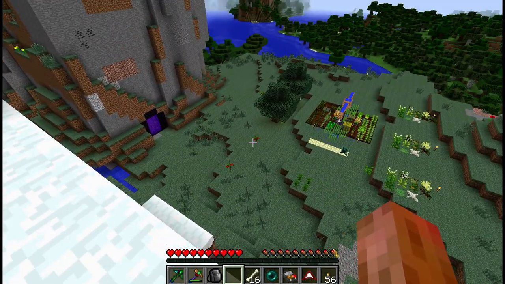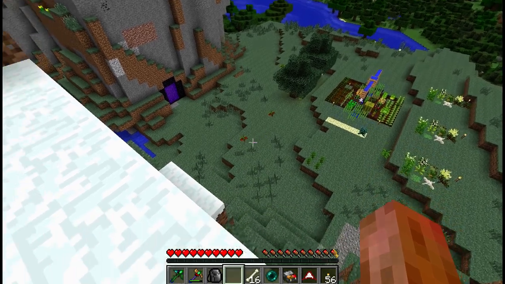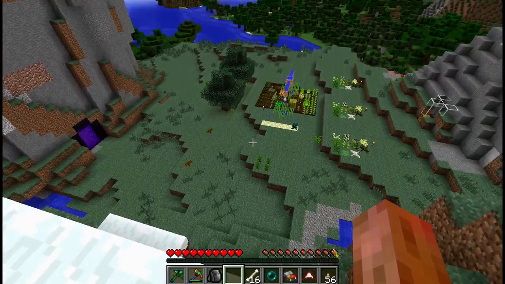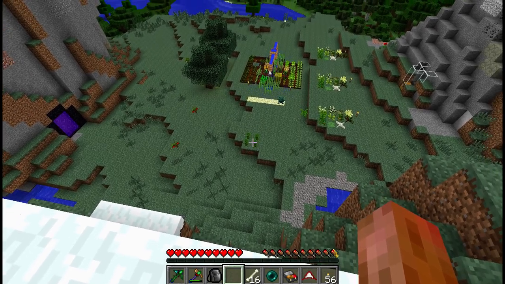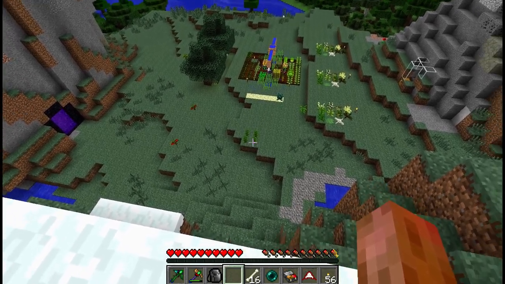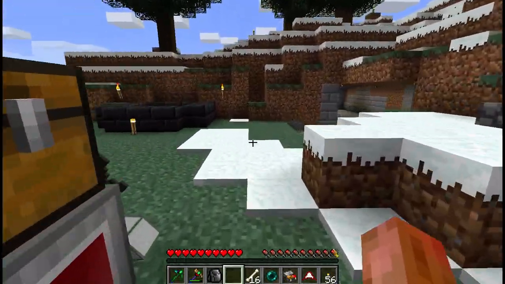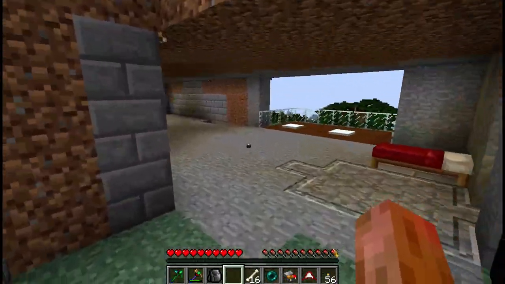You can see I've got a couple of fruit trees, another one over there, that really could use some getting out of the ground there. And I found some jungle saplings. So those 4. Oh, hey, and another ender pearl, too. I'm going to have to go collect that. But first, I want to grab some